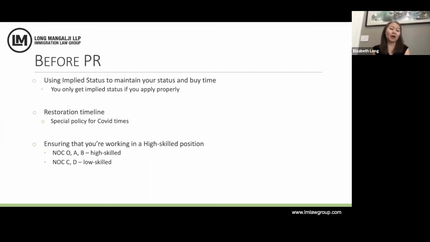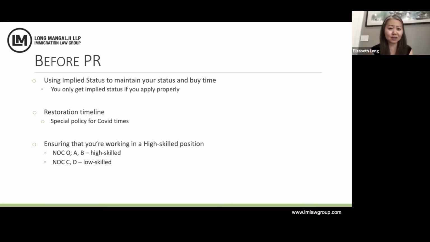Okay, so I'm gonna call out some occupations and you tell me whether you think it's high skilled or low skilled. Let's take an office situation. Receptionist, that's low skilled. A secretary, that's high skilled. Data entry clerk, low skilled. Bookkeeper, high skilled. An accountant, high skilled. Accounting clerk, low skilled. A medical assistant, high skilled.